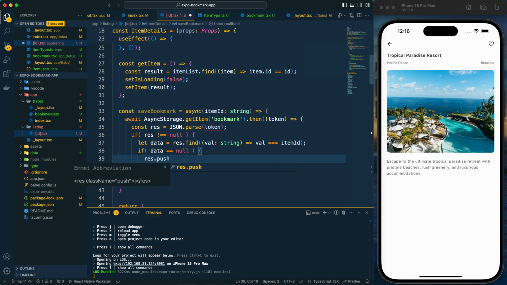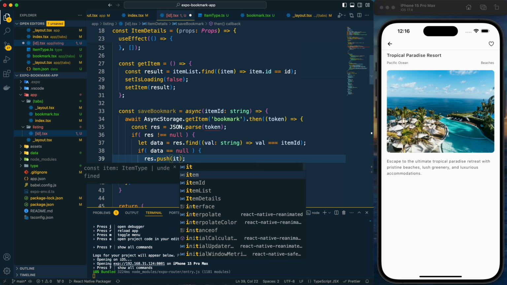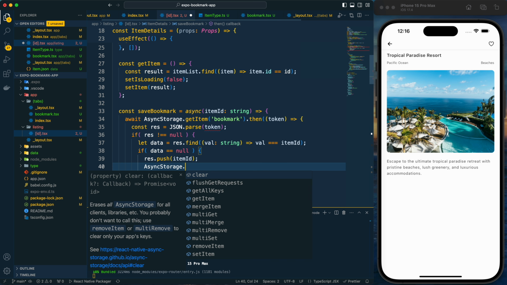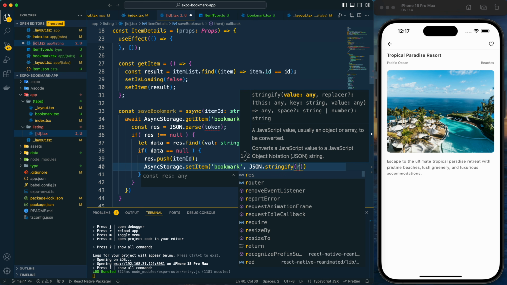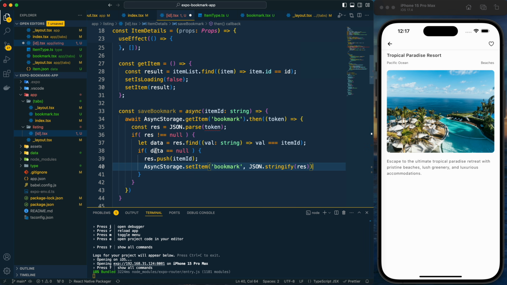And to do that we can do it by pushing this item ID in this result, and let's provide the async storage item. So right now we are going to set the item, and the item is the bookmark, and here we are going to set it with the res. So here we are adding this ID to this result array, and then we are providing that updated array to this set item.